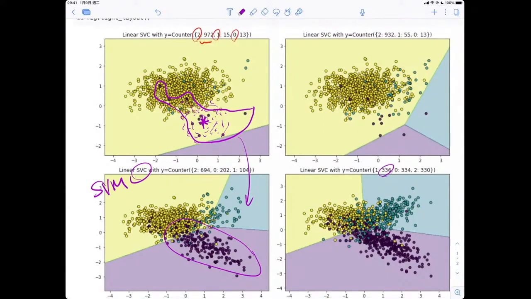For example, 300, 300, 300, right? We do downsampling for class 1, and we do upsampling for class 0 and class 2, so that SVM can do a better job later.